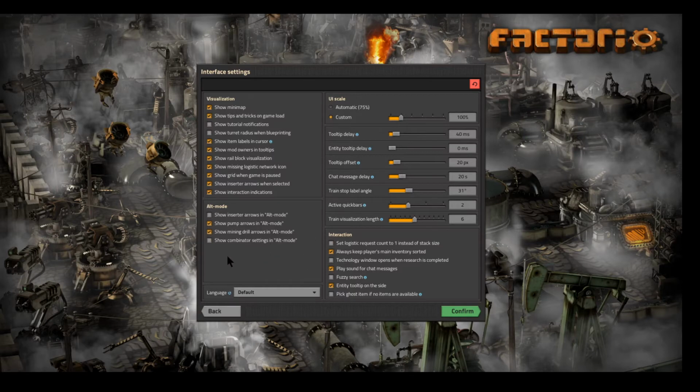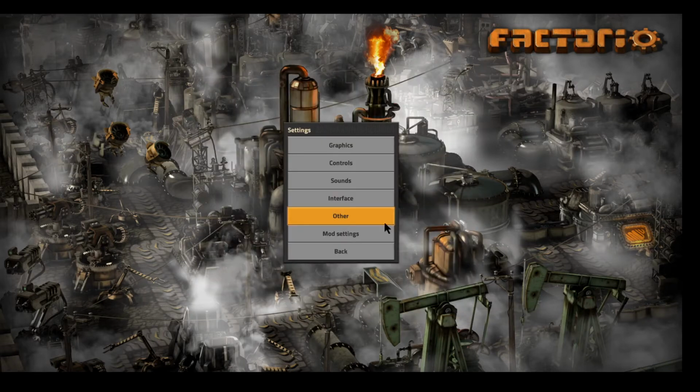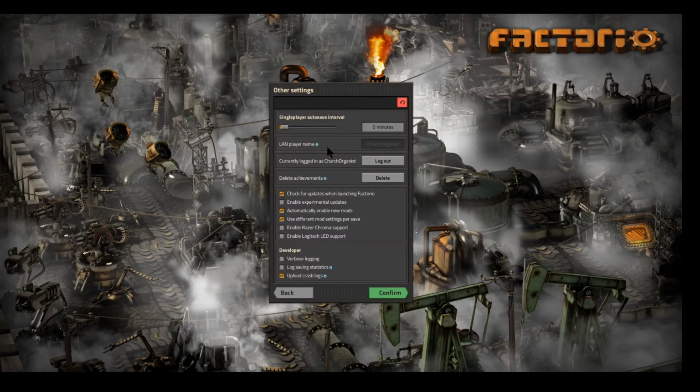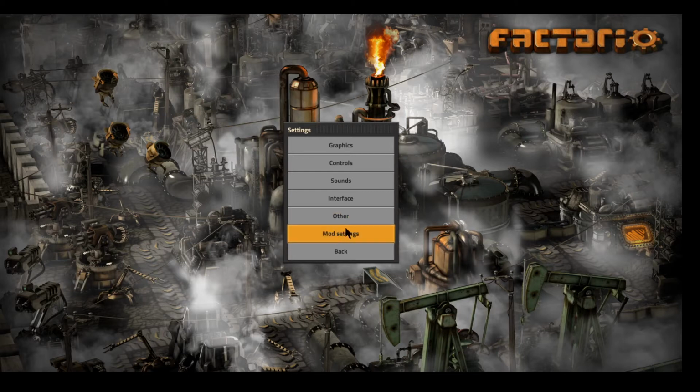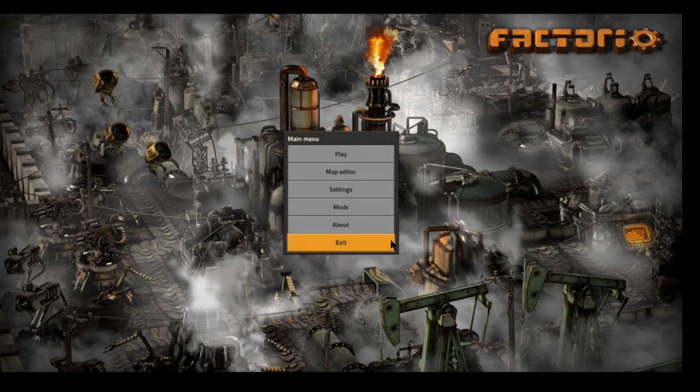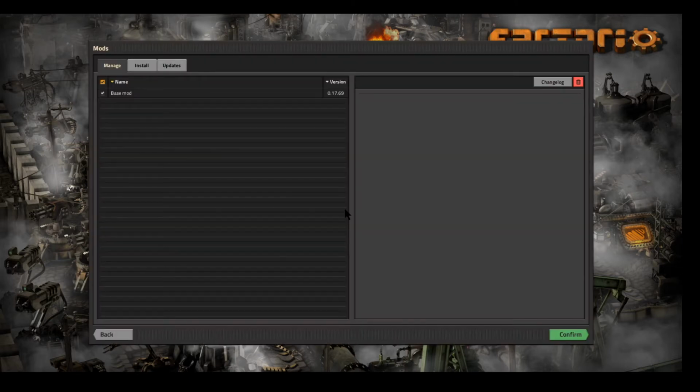All the rest we can leave as default for now, so let's confirm that. Other, single player autosave interval, I'm going to set for 10 minutes, and everything else on there can be as it is. Mod settings we don't need, because we're not using mods in this playthrough, so we can go back to the next menu. So mods, if you want to do mods,